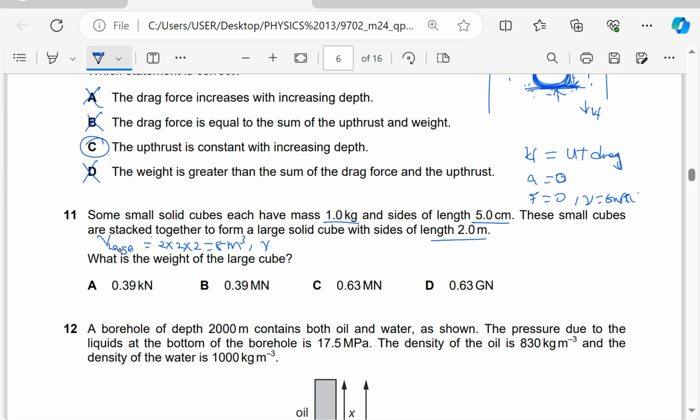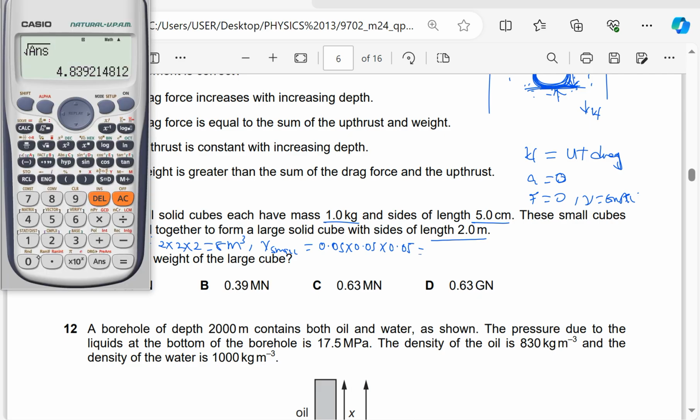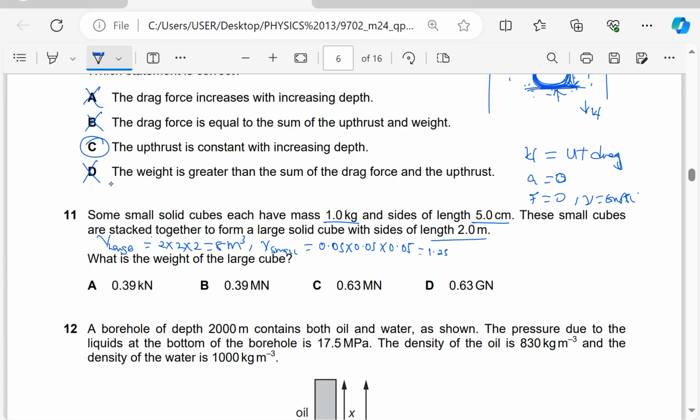Then the volume of the small cube: 5 divided by 10 by 100 is 0.05. So the volume is going to be 0.05 times 0.05 times 0.05. So this is 1.25 times 10 to the power of negative 4. This is meters cubed. So it means the number of cubes